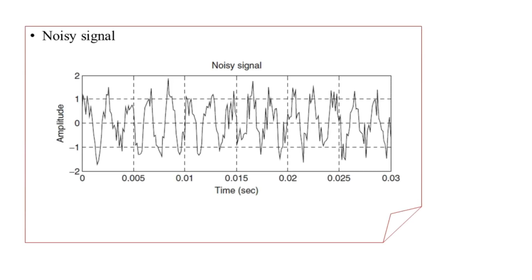So in the next diagram you see a noisy signal. As I said earlier, we are having the useful part to be the low frequency signal here. In this figure, as you see the two axes, we have a plot of information having time as a parameter in terms of seconds on the horizontal axis, whereas the amplitude level is plotted on the vertical axis, and whatever curves or changes you see in this particular diagram, this is what the signal is here.